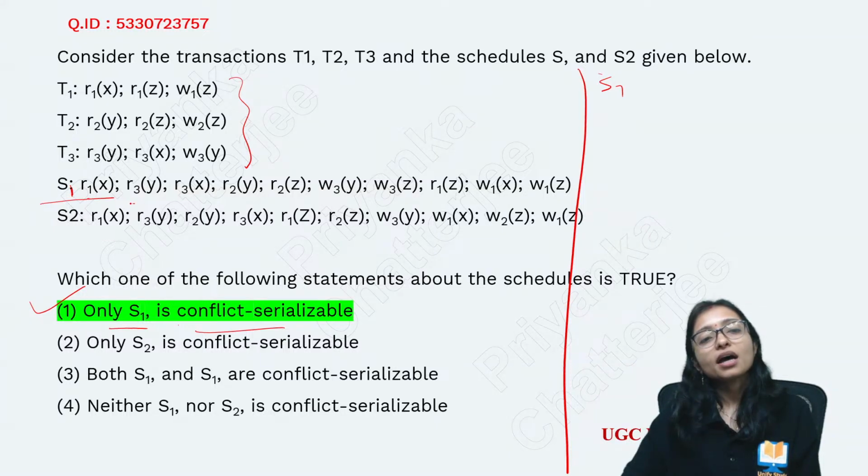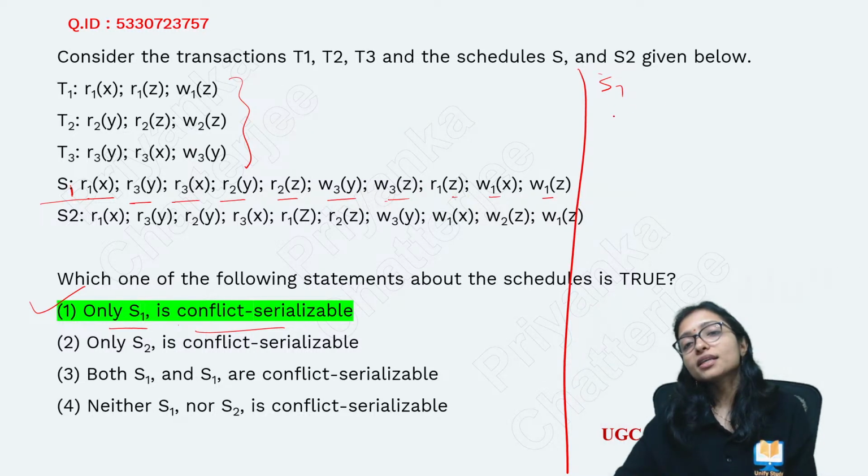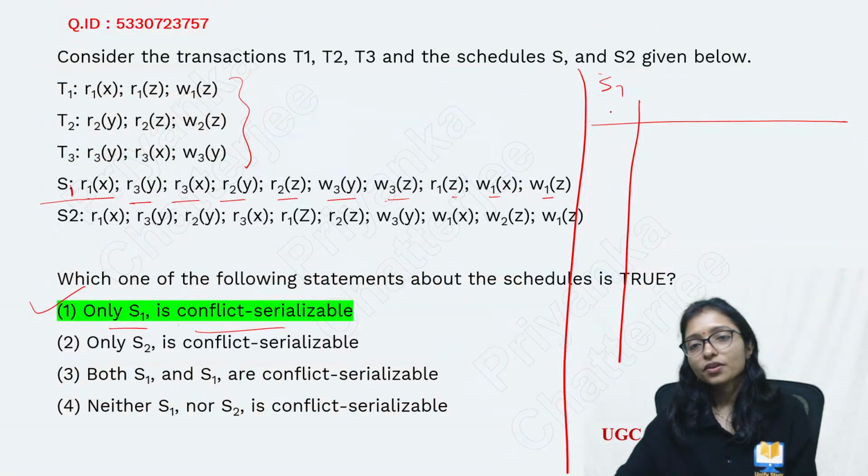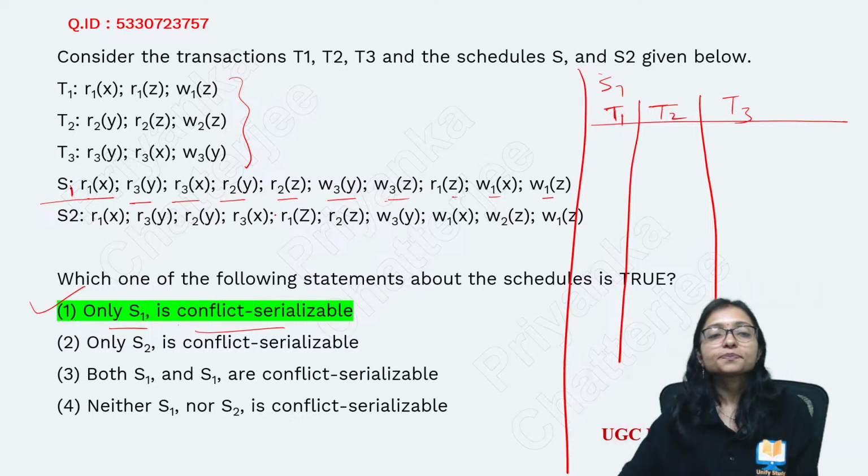So R1, R3, R3, R2, R2, R3, like this way you can see how many numbers are there. By looking at this you can understand there are 3 transactions actually: T1, T2 and T3. Now in these 3 transactions you can see R1X,